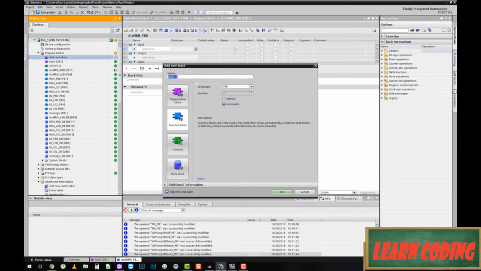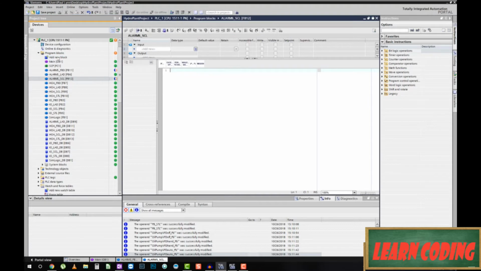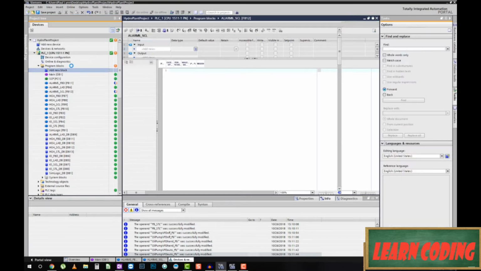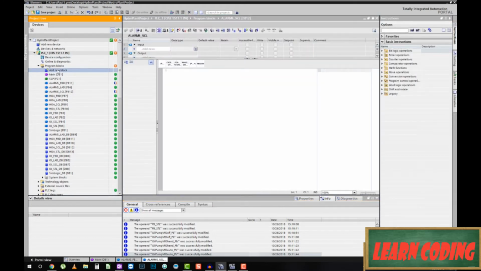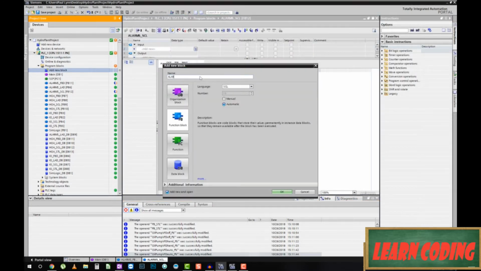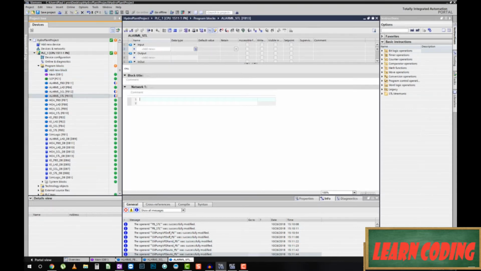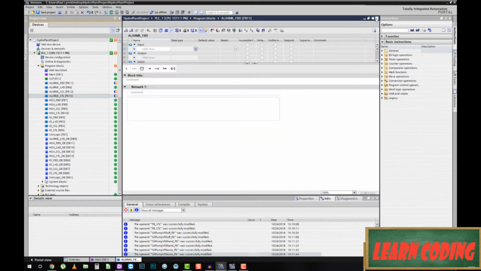Okay, another block. Alarms underscore SCL, and select SCL. OK. Last one. Add new block. Yeah, because that's what I clicked on. Alarms underscore STL. Take my STL language, hit OK. I've got all of those created, and now I'm just going to close all of those because I really don't